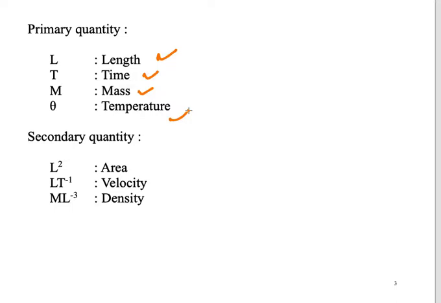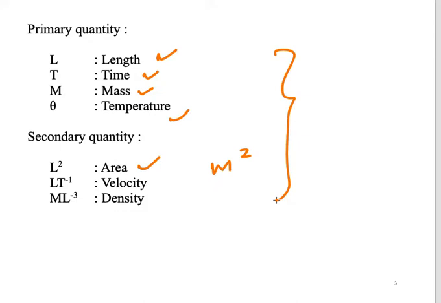And then we have secondary quantities, which means multiplications of the primary quantities. For example, if we want to calculate the area, we could multiply the width and the depth, so the unit will become meter square. And in this system, to neglect the